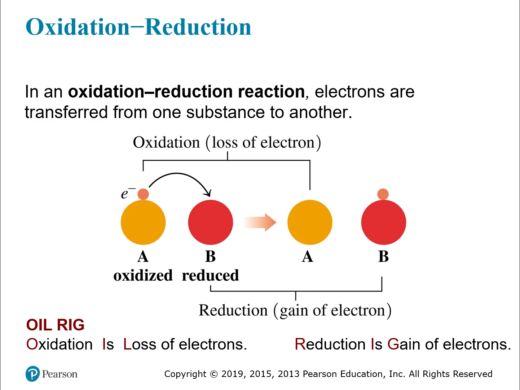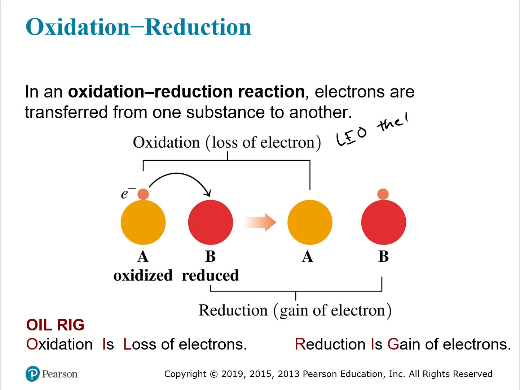In a redox reaction, you have electrons transferring from one substance to another. And one way that you can remember what oxidation is versus reduction is this mnemonic, OIL RIG. Oxidation is loss of electrons. Reduction is gain of electrons. So OIL RIG. The way I learned it,